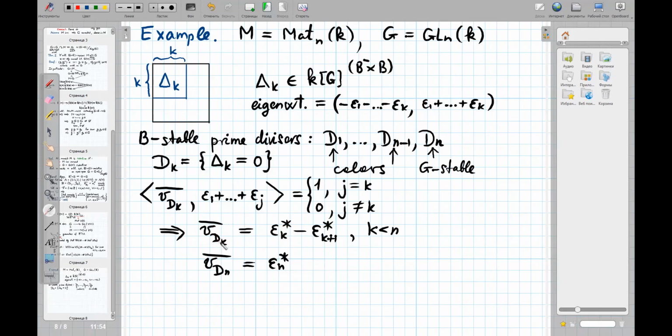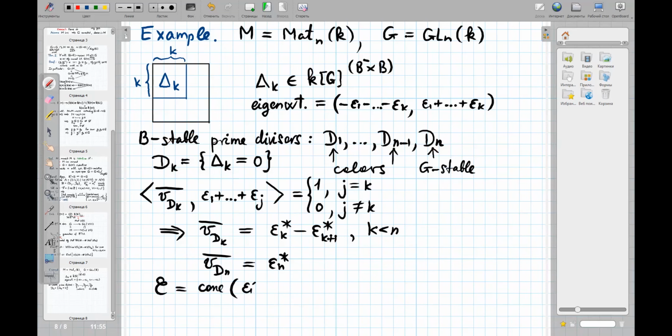So we have this tuple of vectors, v sub dk for all k, and these vectors generate the cone C. These vectors correspond to all B-stable prime divisors, yeah? So they generate the cone C corresponding to the reductive monoid M. So the cone C in this case is generated